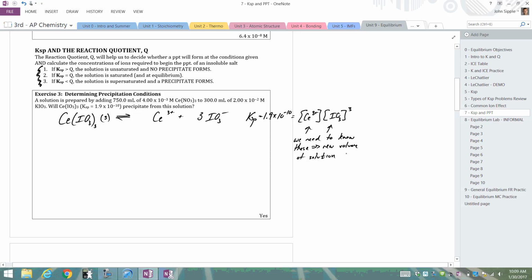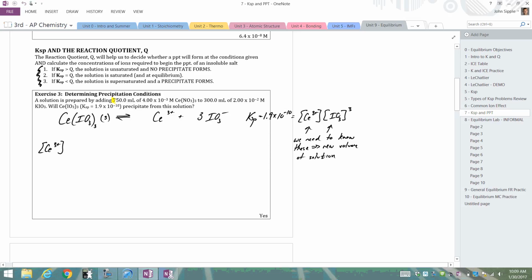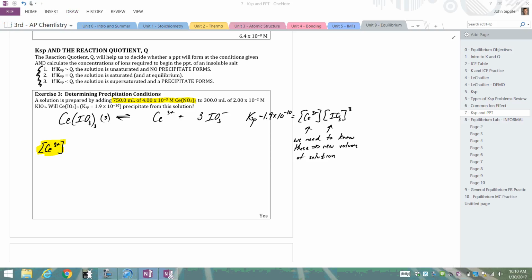So for example, to figure out the concentration of our cesium ions in solution, I go up to the problem there, and I need to use this info right here for moles of cesium, or for concentration of cesium in solution,